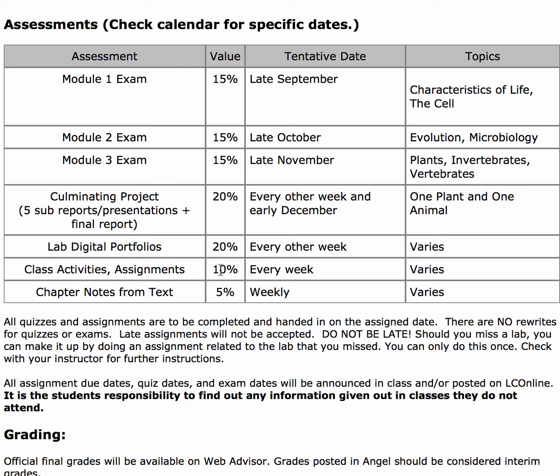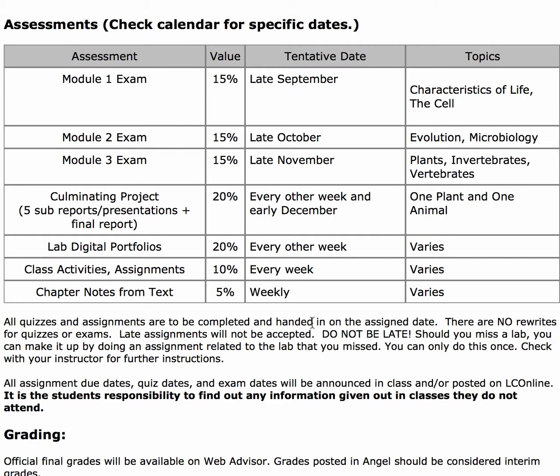Another thing to help encourage you to read the textbook and stay up with your reading is we go through, how many? Chapter 1, 3, 27, 28, 29, 30, 31. 7 chapters in the textbook. So you'll get 7 text chapter notes assignments. And basically I just ask you 5 or 6 questions about the chapter. And you answer those, you write them down, you submit those, and those are all worth 5%.